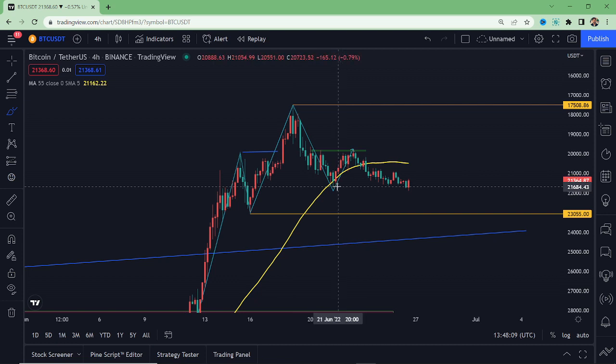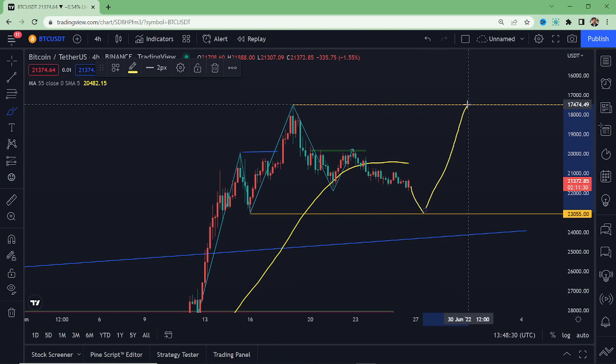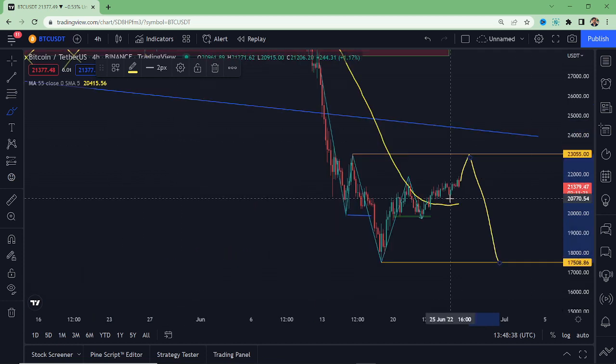If you fall below this, you come here, you can create a double bottom. And if you come here and create a double bottom, that will definitely mean you need to break below this. If you fail to break below this double bottom pattern, that will take you back to this area. Let's just keep that simple. So let me invert it back. So here is your scenario.